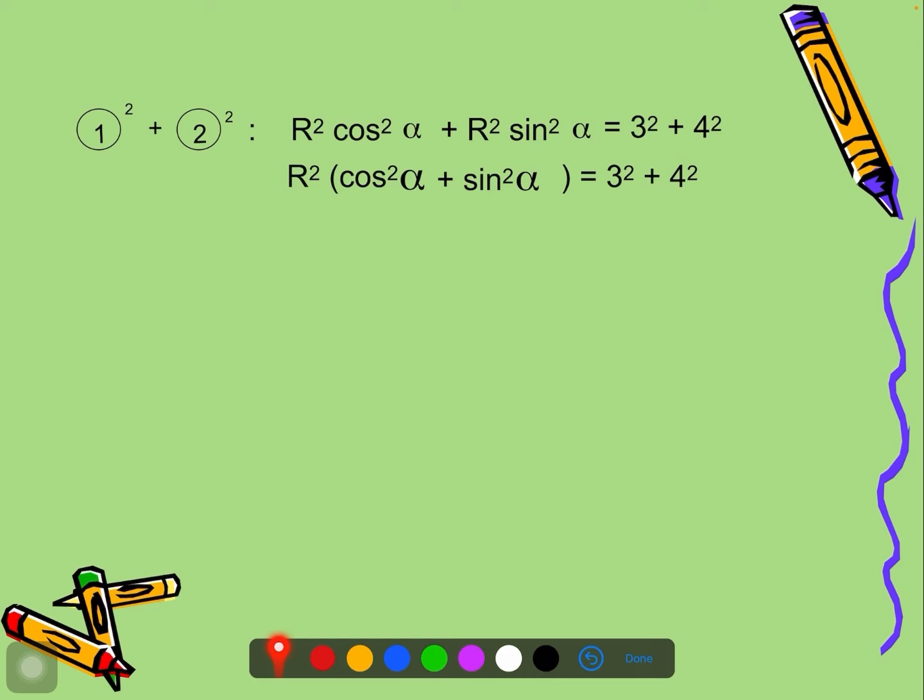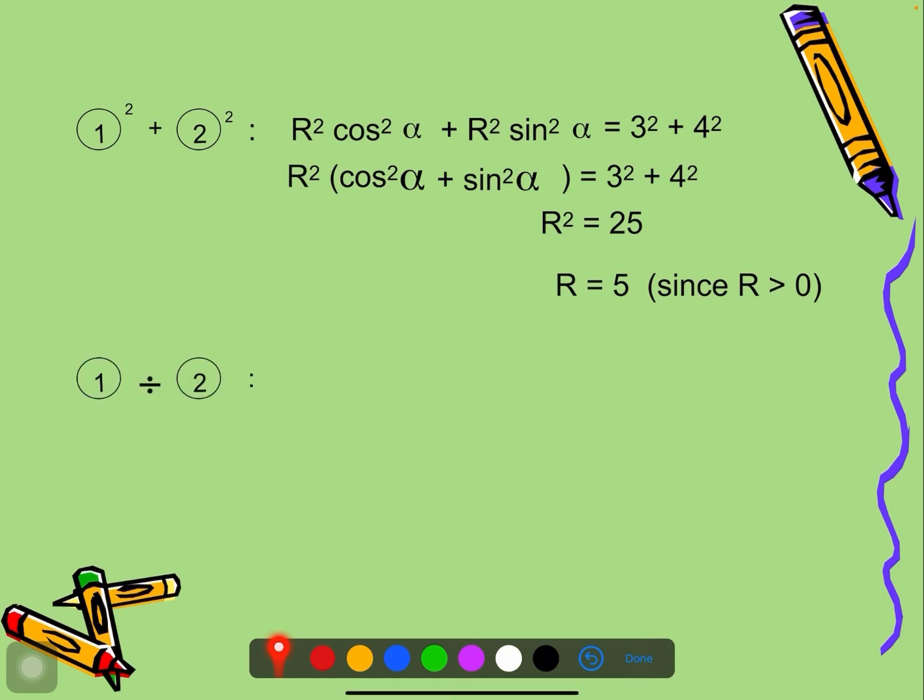This is the trigonometric identity. So on the right hand side is 3 square plus 4 square. Then we have r square equals 25, and r is 5. Just choose the positive value. And then 1 divided by 2,